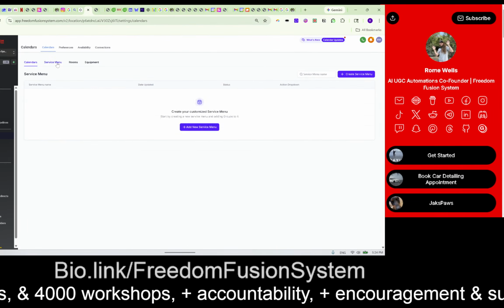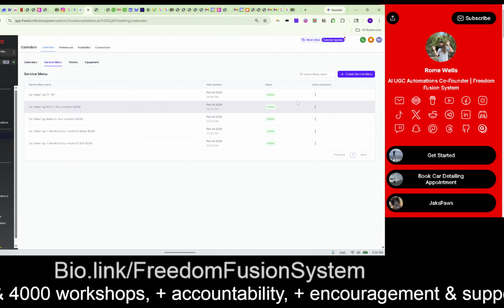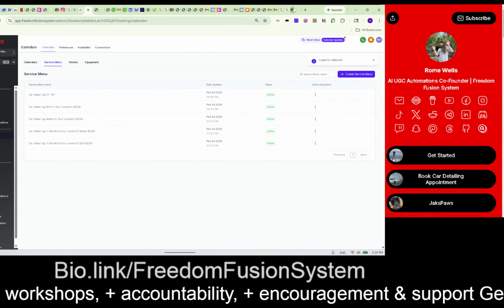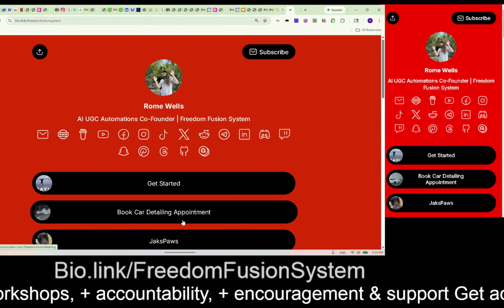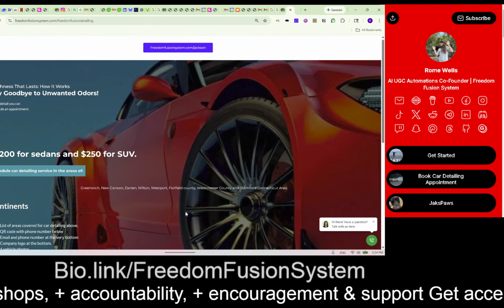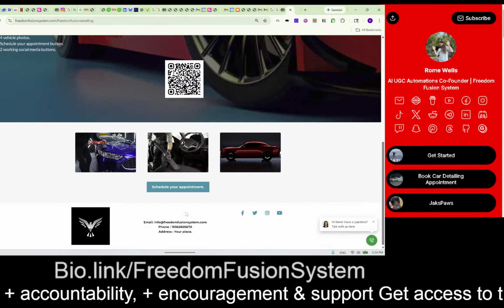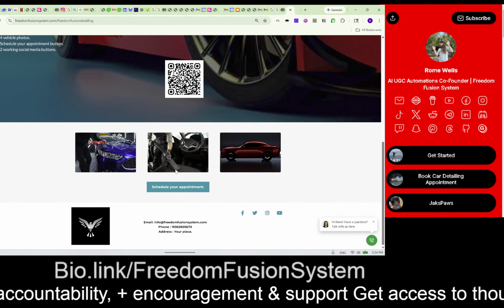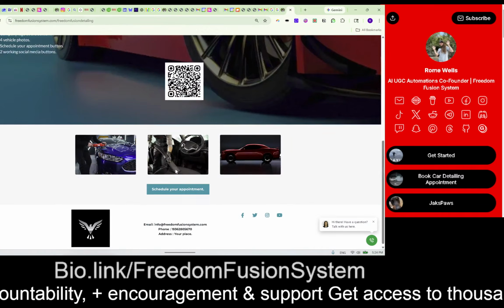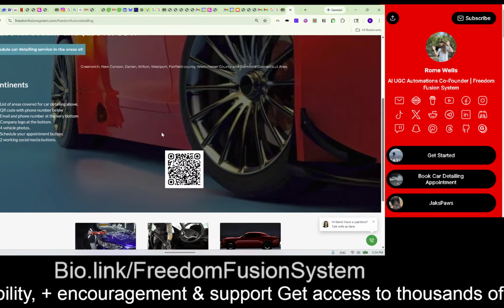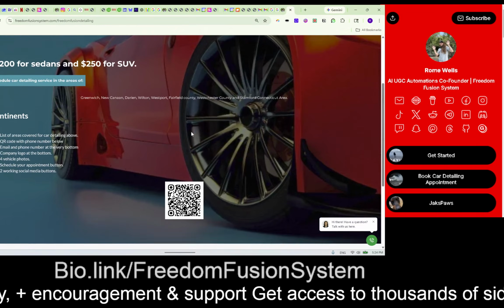So let me just show you how this whole thing looks. So here's our car detailing service. And if I click on copy schedule link, or you could just get to the same thing from book car detailing appointment, over here, as you can see, here's a basic simple page. Obviously, it's still in draft mode. We're still updating it so it doesn't look super fancy, but it's a basic page with a QR code